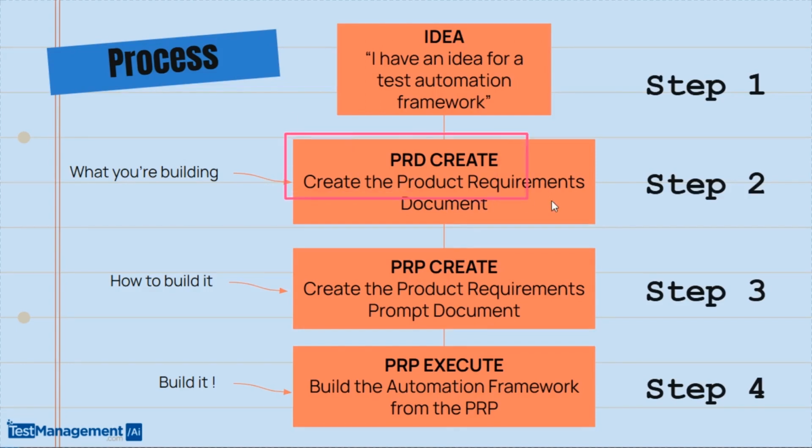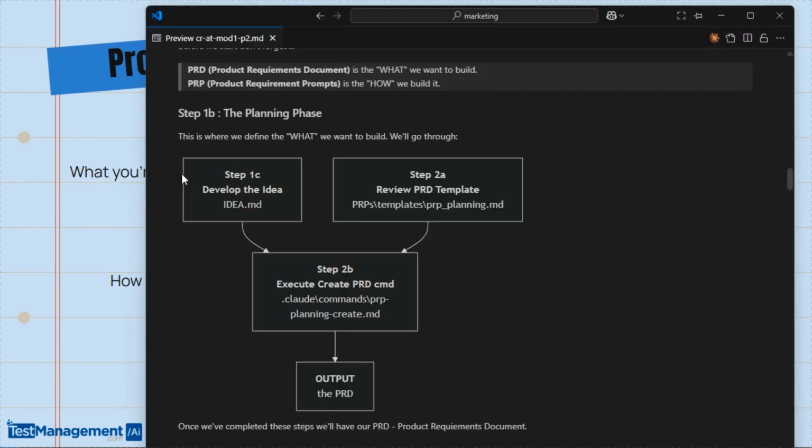Step 2 then. We want to create our PRD document, our product requirements document. And our product in this instance is our Playwright framework in TypeScript. So this is all about defining what we want to build. And the inputs to this then. We've got the IDEA.md file, which we looked at in step 1. We've got a template which provides context to the Claude Code command that we're going to execute, and that command is the PRP planning create command,